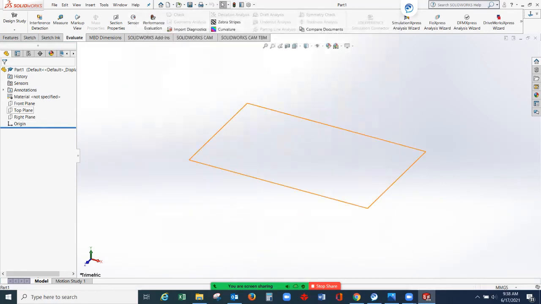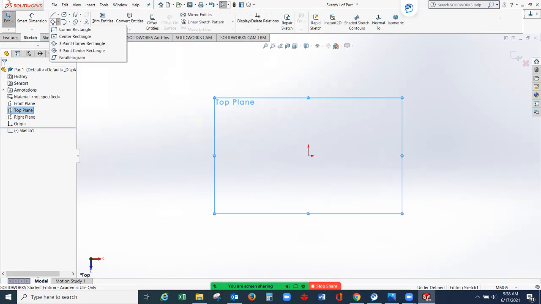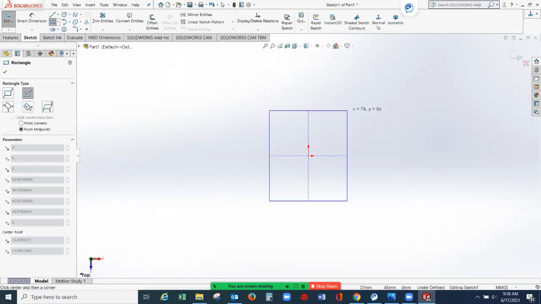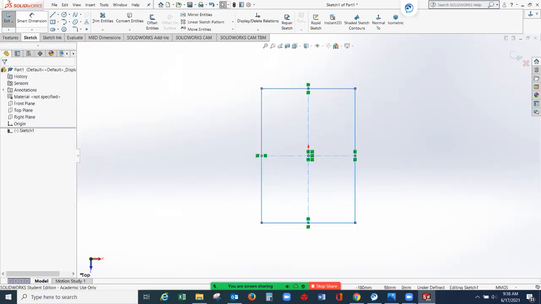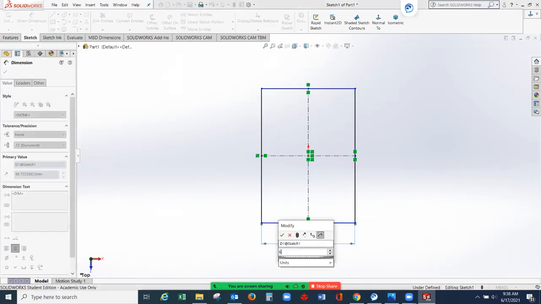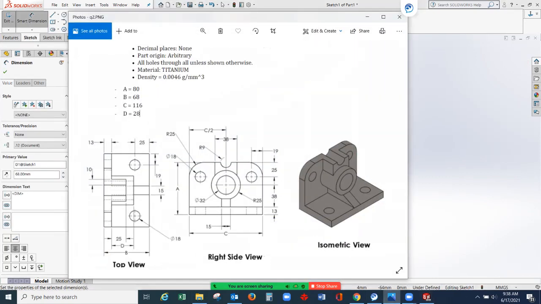So from the top plane, you can go to sketch. Then for the rectangle, I can use the center rectangle here. From the center, I can draw one rectangle, giving the dimensions of 68 and 116.